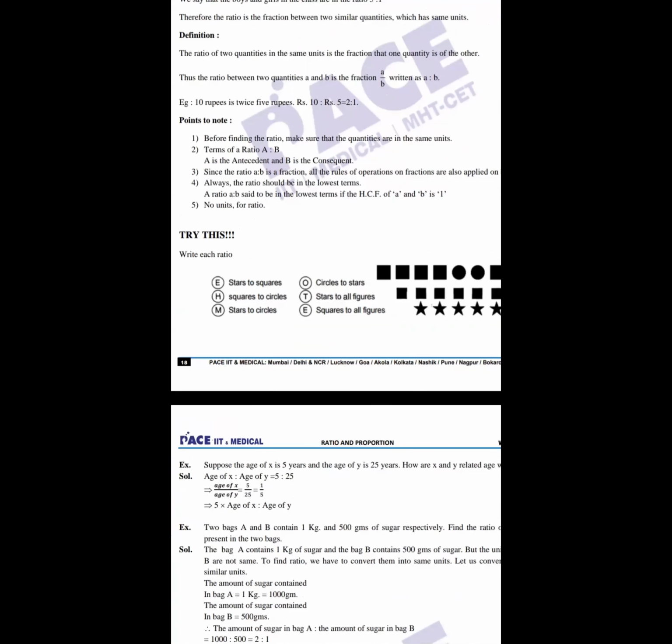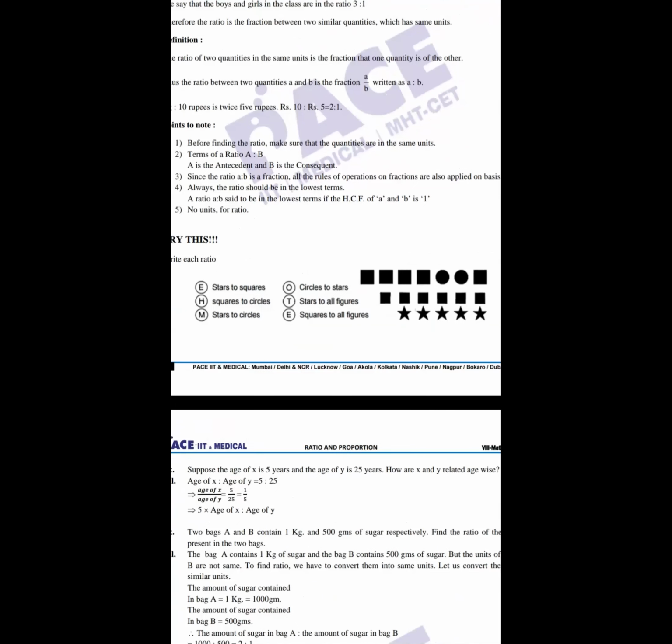Does anyone have a problem understanding the example? I'm telling you, it doesn't have much theoretical part. I'm directly going to the questions. You can read the theory from the booklet once, and if anyone has a problem, you can ask me. Does anyone want to ask anything on this page? I'm just going to the questions because this chapter has only questions, not a very theoretical part. Whatever part comes, we'll study it. Anyone having any problem? The answer 1/5 is written, there is a solved example only, Subhangi.